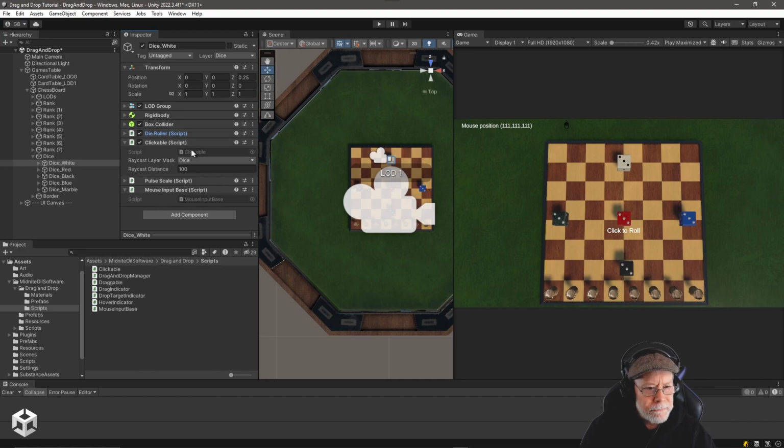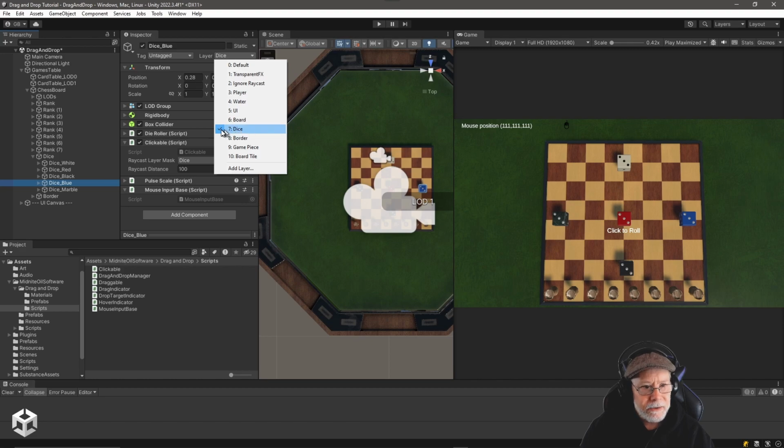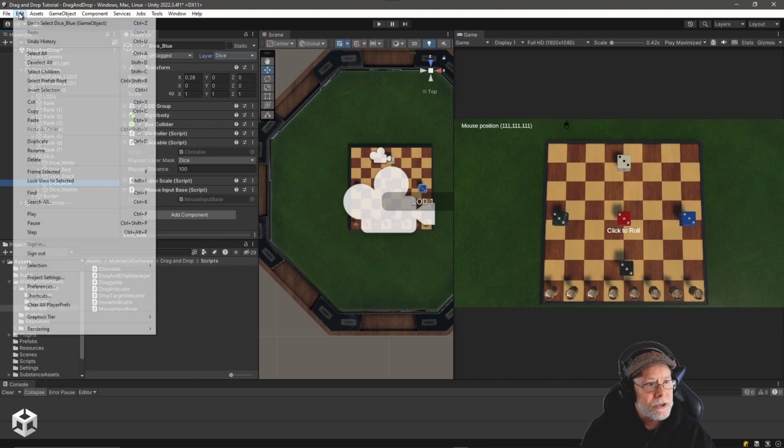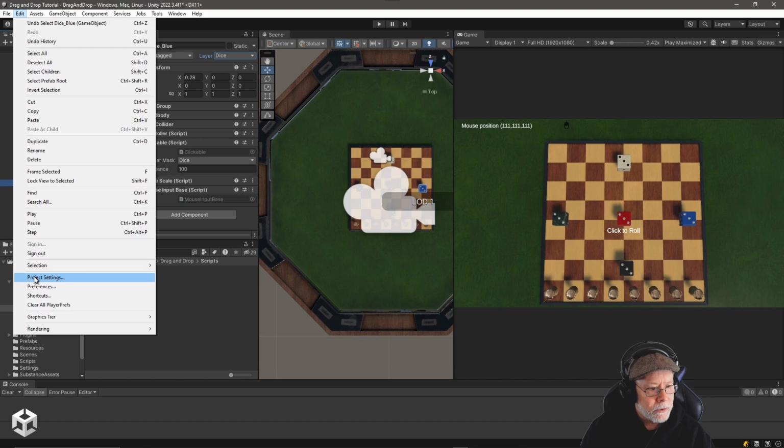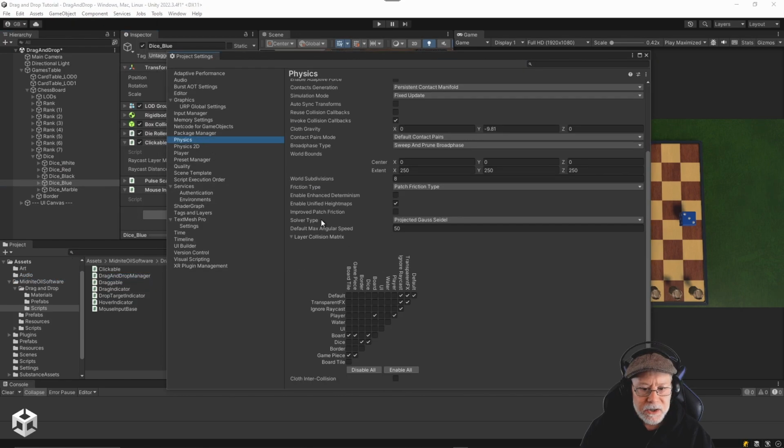So another important thing, the way I'm implementing this, you'll notice there's this raycast layer mask, which is currently set to dice. And you can see that all of these dice are assigned to the dice layer. So I created a layer here called dice. And if we go into our physics settings, so I'm going to go into project settings, physics, scroll down here and look at our collision matrix, you can see dice collide with the border and they collide with dice. And also, let's see, board